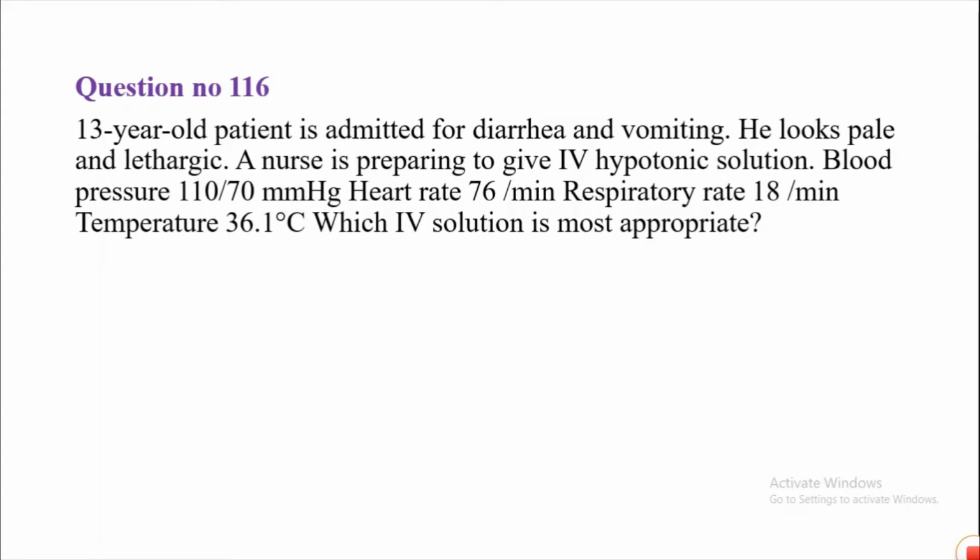Question number 116. A 13-year-old patient is admitted for diarrhea and vomiting. He looks pale and lethargic. A nurse is preparing to give IV hypotonic solution. Blood pressure is 110/70. Heart rate is 76. Respiratory rate is 18 per minute. Temperature is 36.1. Which IV solution is most appropriate? The options are number A, 0.9% saline, number B, lactate ringers, number C, 10% dextrose in water, number D,